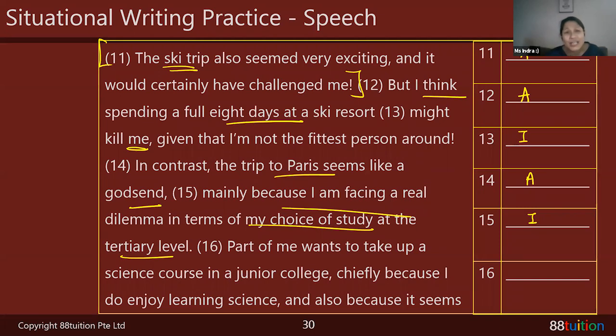Right, now it's easier to tell. It's very clear cut already, right? Once you're given a piece of information, amplify. Not given, invent. That's it. Correct, not? Okay? Now, part of me wants to take up a science course in a junior college, chiefly because